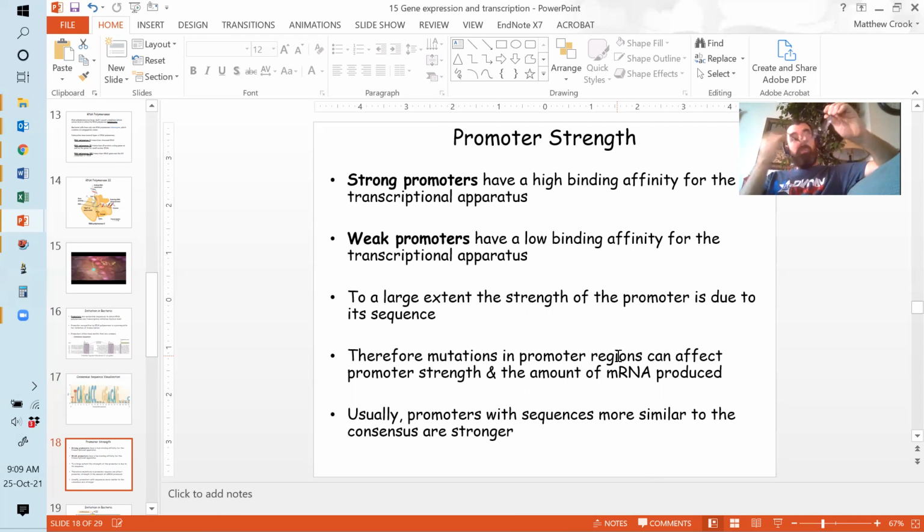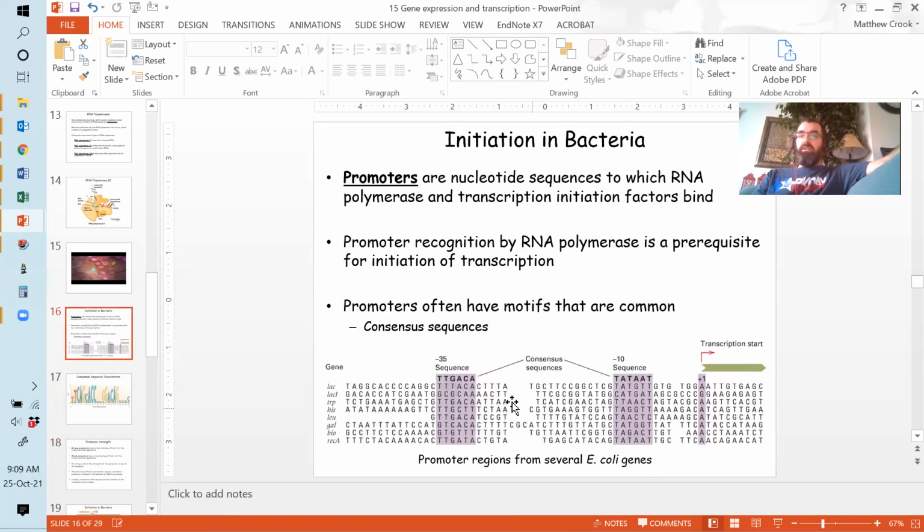And so really, in a way, it reflects how much of that gene product is needed. So if we go back up here, for example, LAC-I is an inhibitor of the lac operon, and it's produced all the time, whether or not lactose is present, right? But it's produced at a relatively low level because